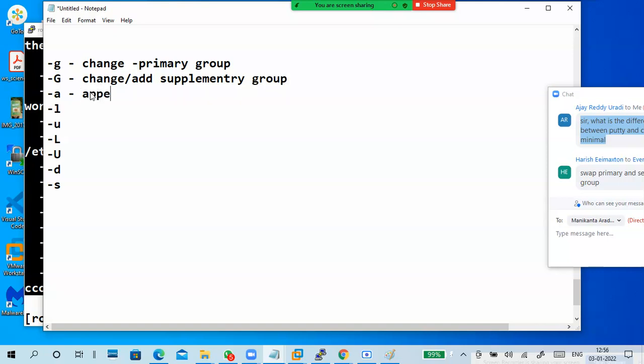This is for append. This is for changing the login name, or the username, actually the username. This is to change the user ID. This is for lock purpose. This is for unlock purpose. Yeah, ask me, no problem.